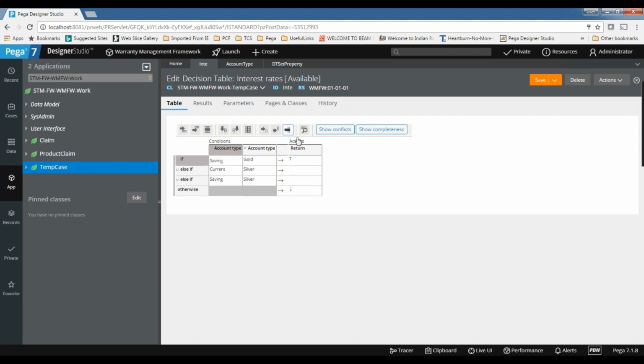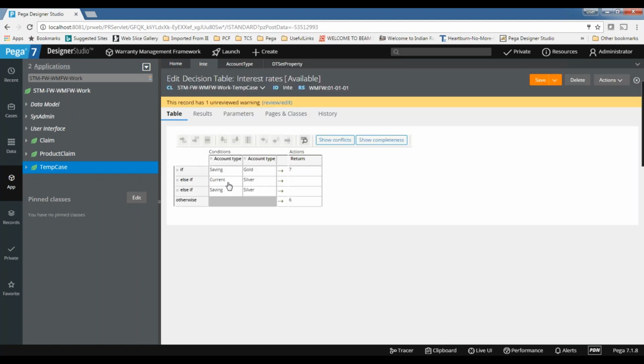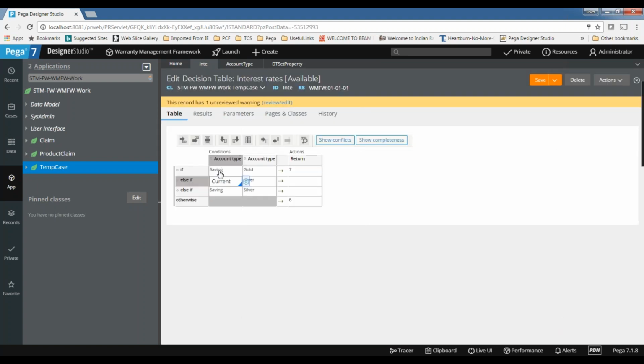That means either of them, any condition will work out. Okay. And here I am hard coding the values. I mean here I am just hard coding the savings and something like that, right? But basically you can also use expressions. You can use property references as well. It's not like just values. If you're storing these values in some other property, you can use that property type as well here.